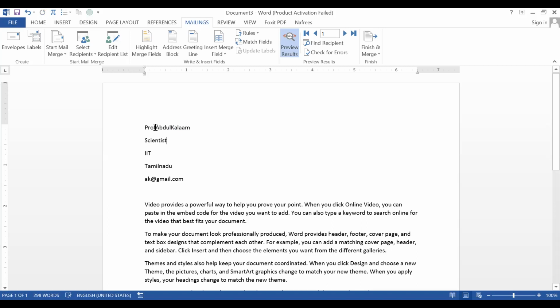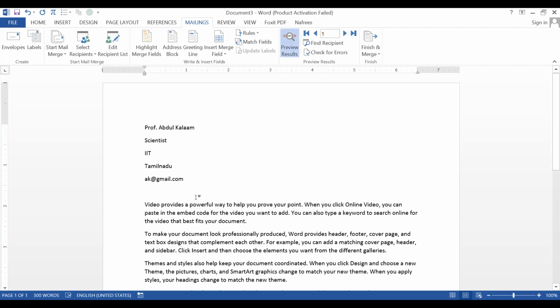You don't edit in the real data. You have to edit in the mail merge data. Okay, so you have to click the preview result again. So look at here. I need a full stop here with a space. Likewise, I need another space between first name and last name. Now you can check it. See, now this is in the correct format.